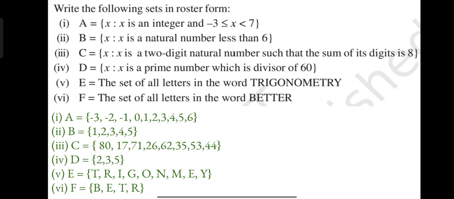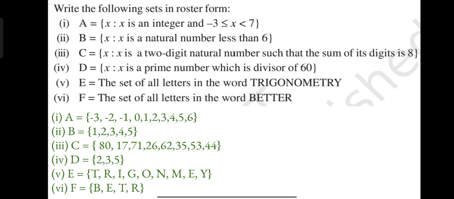And here there are some questions in set builder form, and we have to write it in the roster form. Okay, so first question is set of all integers. So we have to write integers, so it means we can write all negative numbers, 0 as well as all positive numbers. Okay, but reading the question further, we can understand that we can't write every integer. There is more restriction in the set. What is it? The integer we are writing should be less than or equal to -3.